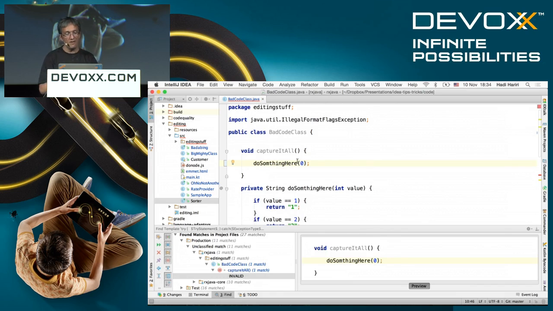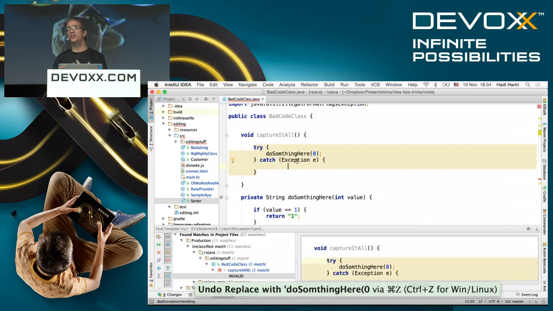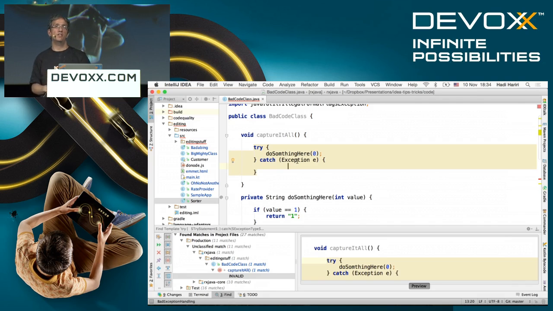Okay? This is a very, very powerful feature because it allows you to customize inspections to look for code smells in your own code base. And you can import these as inspections so that you don't have to explicitly search for them, but they can always be active. Okay? So take a look at that.